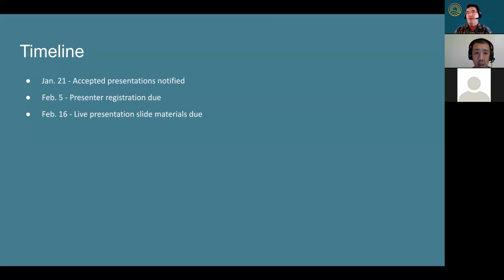Now, for the materials being uploaded, February 16th is the date to have all the slides put up. Like I said, once again, we want to take a look at them, make sure they meet all our accessibility guidelines. And more importantly, it's going to be that vocabulary list for the ASL interpreters and also for the live captioners, so they know exactly how to interpret what the presenter is saying. So if you do have communication with your presenter, make sure you emphasize these things. It's not a small thing. It is really important.